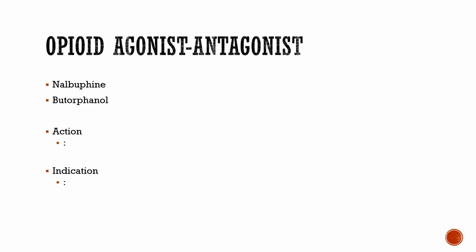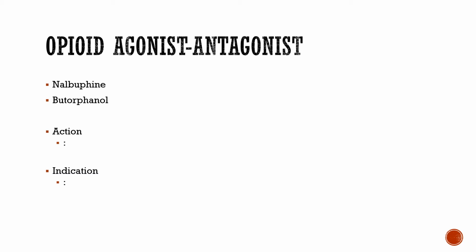Opioid agonists, antagonists. We talked about these a little bit with opioids, especially when we're talking about contraindications for labor and delivery. These are the ones that we will see commonly in labor and delivery, and there's good reasons for that. They stimulate some opioid receptors, but then they can block others. So you don't get that full opioid effect, which means adverse effects are less marked. It doesn't mean they're not deadly. They are still just as deadly as far as potential for respiratory depression. However, it's not as marked as it would be with a straight opioid.